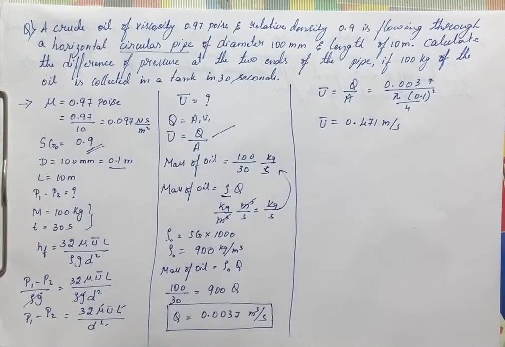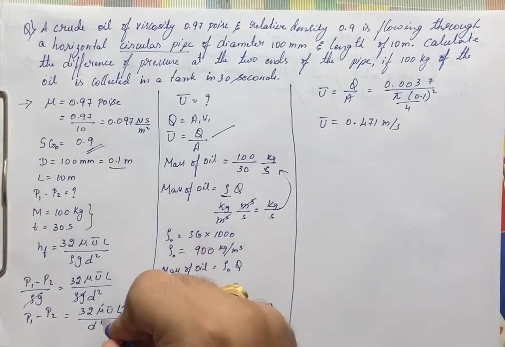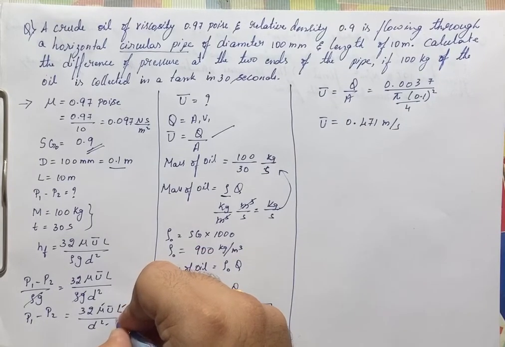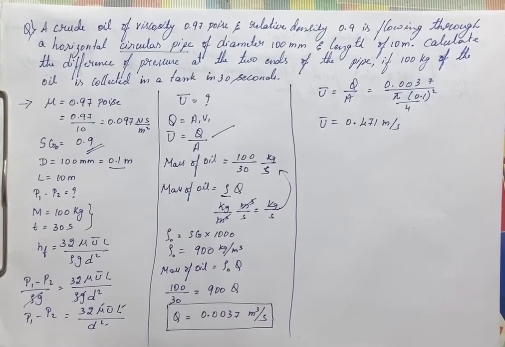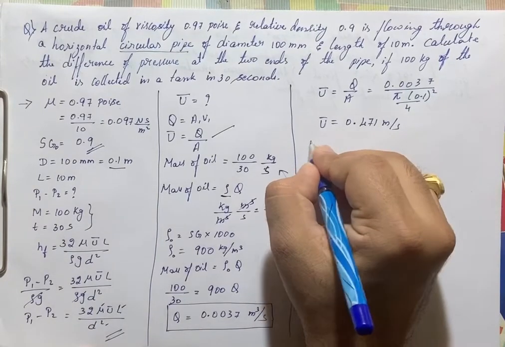The discharge is in terms of meter cube per second divided by area meter square, so we will obtain the result in terms of meter per second, right? Now after finding out U bar, I can directly substitute in this formula here, right? But we don't know whether the flow is laminar or turbulent. He has not mentioned anywhere whether the flow is laminar or turbulent. To have this formula, that is P1 minus P2 is equal to 32 mu U bar L divided by D square, the flow should be laminar. To find out